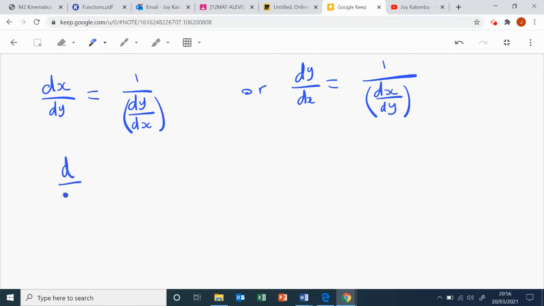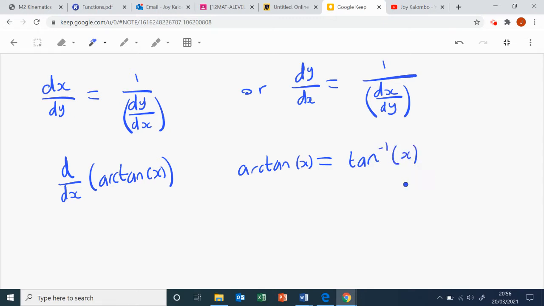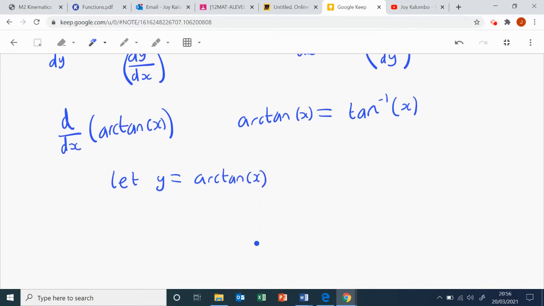So we want to find d/dx of arctan of x. And bear in mind, arctan of x is equal to the inverse tan. Okay, not to be confused with tan to the power of -1 or 1 over tan or anything like that. It's the inverse tan. So if we let y equal arctan of x, then taking tan of both sides, we have tan of y is equal to tan of arctan of x, which is just x, because tan and arctan are inverses. So we have x equals tan y,